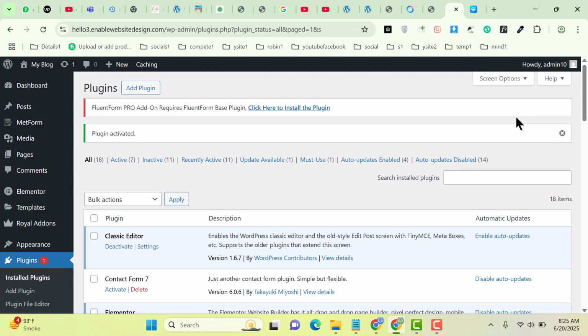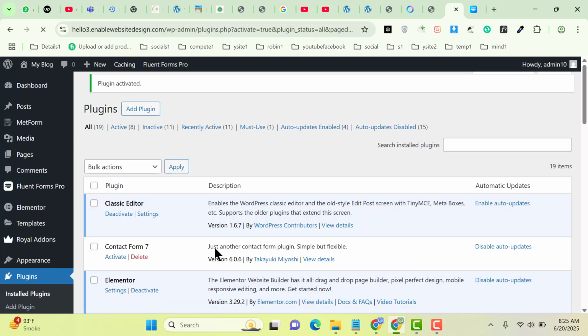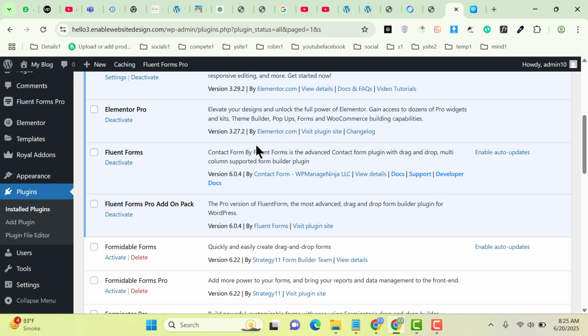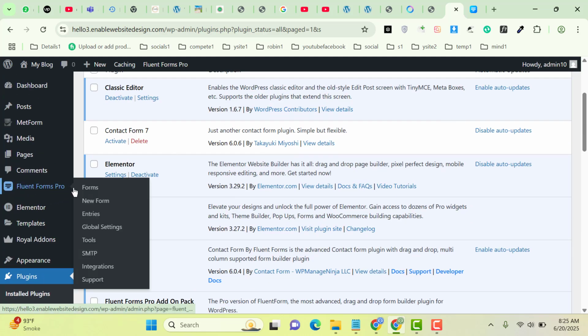And after installing the pro version, you need to install the free version of this plugin. So now you can go in the WordPress plugin directory to install this free plugin. Alright, now let me scroll down, and here you can see I have activated Fluent Forms as well as the pro version. Then on the left side in the WordPress dashboard, here you can see this one. You can go in forms,